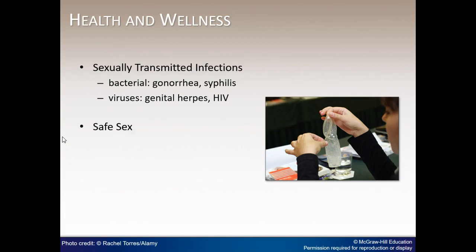Having sex with multiple partners is one of the predictors of contracting an STI. When correctly used, latex condoms help to prevent or significantly reduce the transmission of STIs. Programs that promote safe sex are effective if they include the erotization of condom use, which is making the use of them part of foreplay.